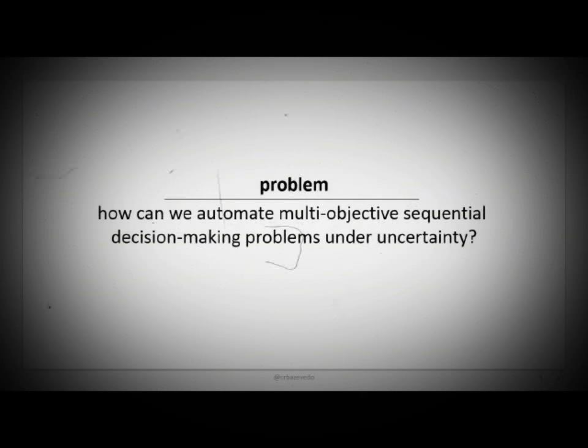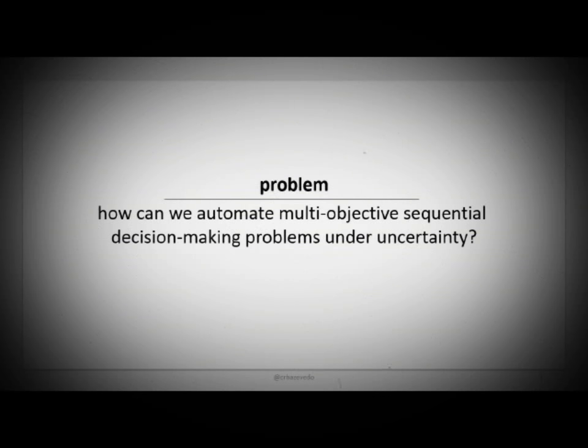Nice. So let me get started by stating the problem that I tried to solve when working on this field. The problem was this: how can we automate multi-objective sequential decision-making problems under uncertainty? Let me try to break down each and every word that we're mentioning here.